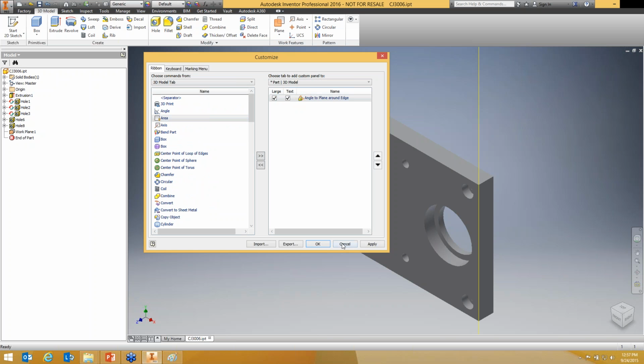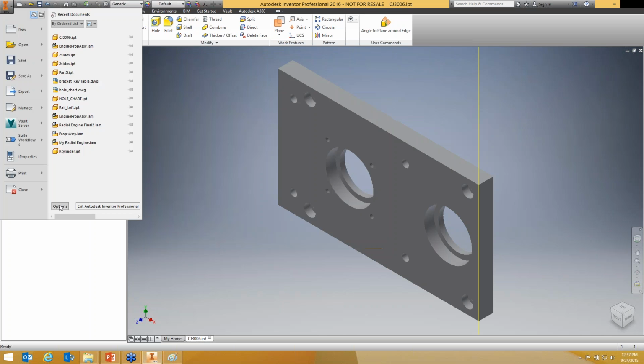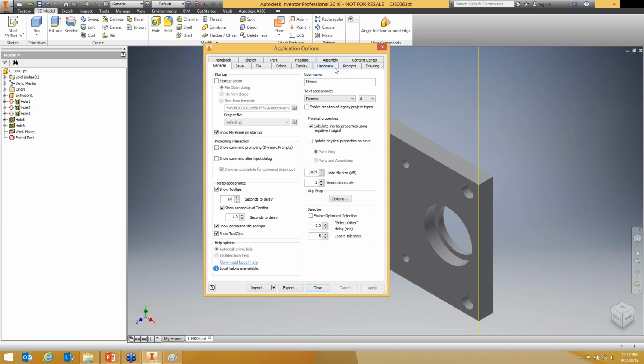And then I'll add it in to my menu up here so that it's quick and easy for me to get to. Also, one other final thing that you'll run into quite often is if you lose your Vault menu file up here at the top, there are places inside,